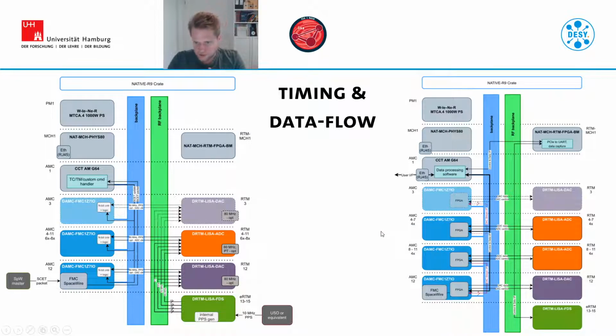So throughout the system, we need timing and data flow. These are important aspects of the Phasemeter, and all of this we can implement easily with this MicroTCA infrastructure. This is also why we chose to use it, and I won't go through all of the details here. But importantly, you see here, we have this FDS module that actually provides most of the tones of the system